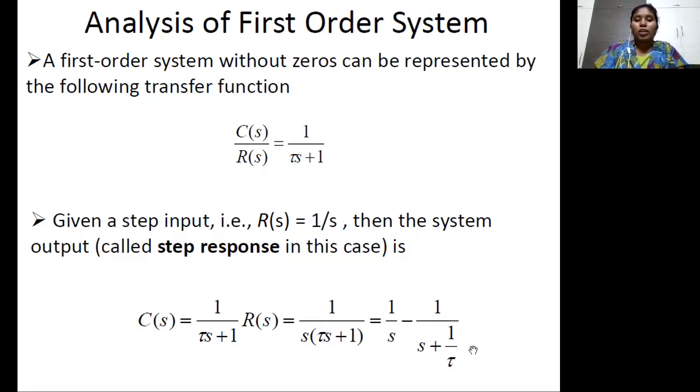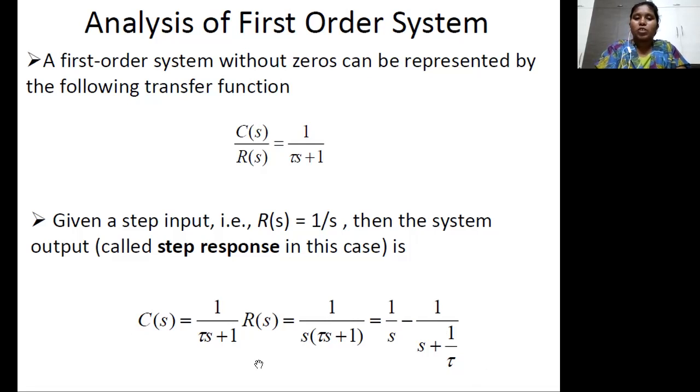So now I am applying inverse Laplace transform on both sides of the equation. What is the left hand side here? That is C of s, right? On the right hand side we have 1 by s minus 1 by s plus 1 by tau. The Laplace transform of the time domain is nothing but the frequency domain, that means the s plane, right? The inverse Laplace transform of the frequency domain is nothing but the time domain. That means Laplace inverse of C of s is nothing but C of t. We can obtain C of t by doing the inverse Laplace transform of the final equation here, right?